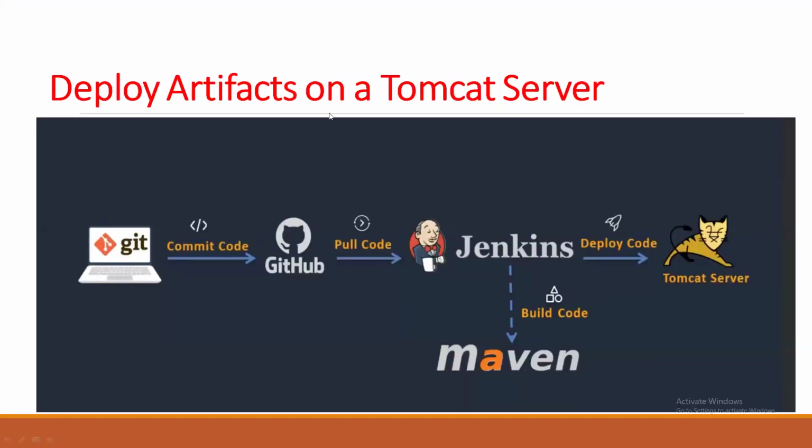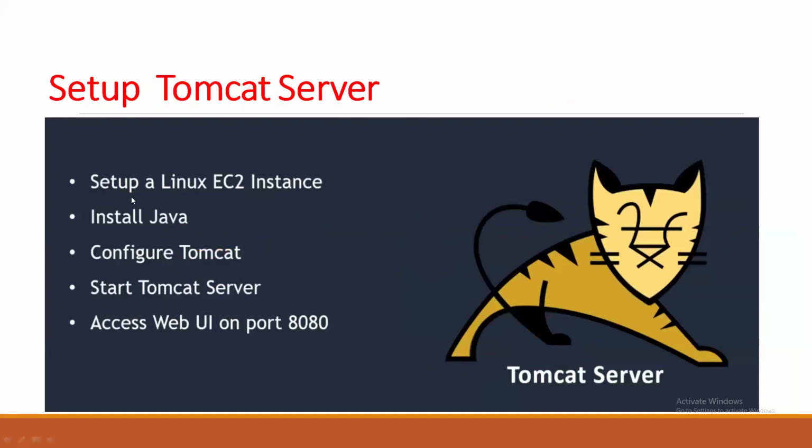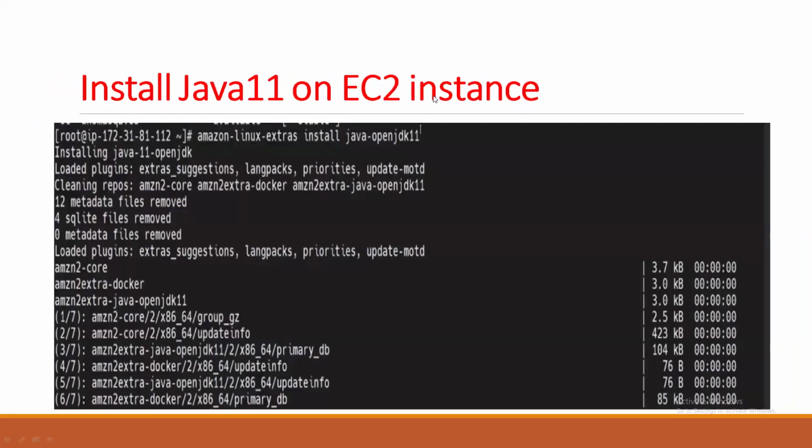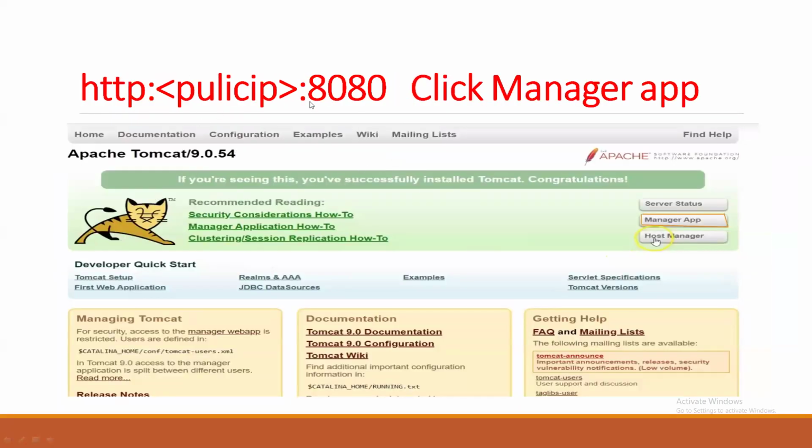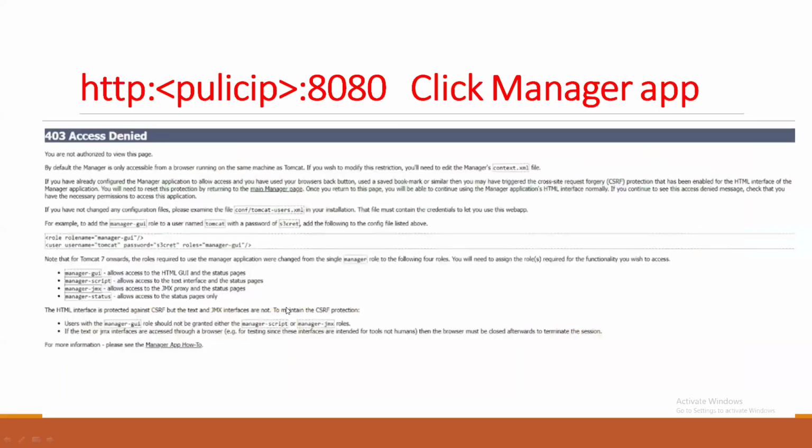Next, deploy the artifact on the Tomcat server. This part is completed: Git to pull the code from GitHub and build the war file. Next, we need to deploy it on the Tomcat server. For that purpose, set up a Linux EC2 instance, install Java and Tomcat, configure Tomcat, start the server, and access the port. Install Java on the EC2 instance with Amazon Linux extras, install Java OpenJDK. Once it is installed, you can see the manager app. If you click the manager app, it will get the